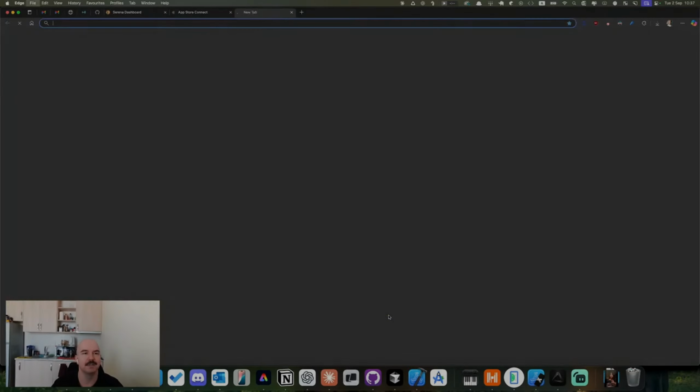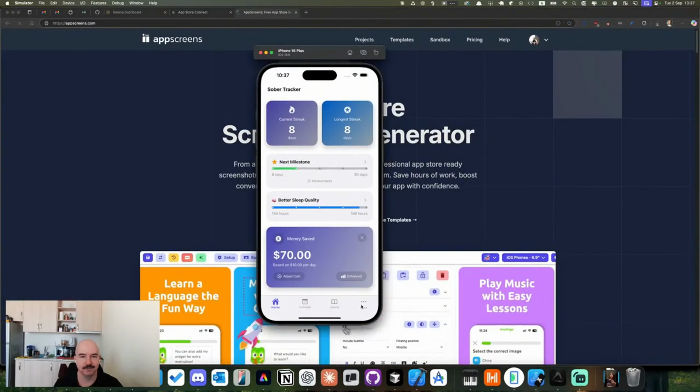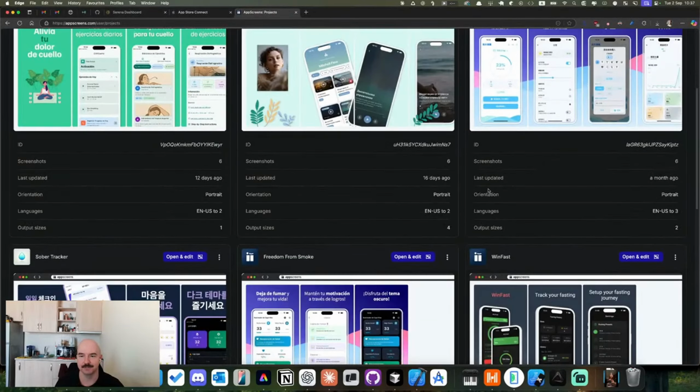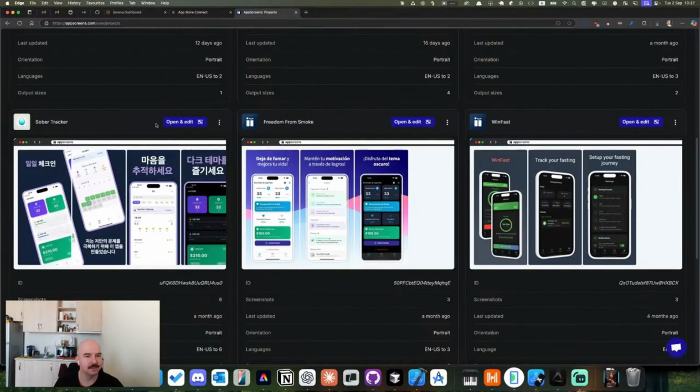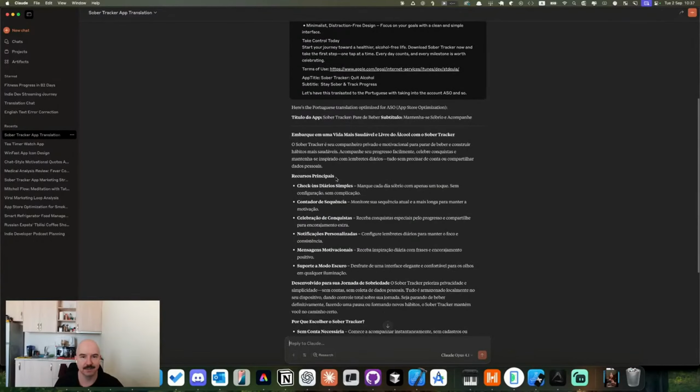Let's go and work on the screenshots as well, because now we need to make screenshots, and I need to check what screenshots I have for this application. So let's open it, and meantime let's check this thing. So we have Portuguese translation,